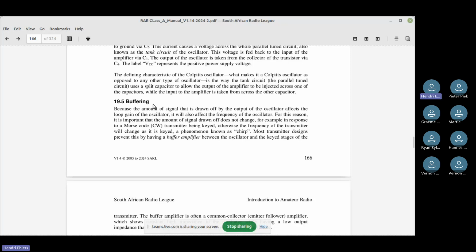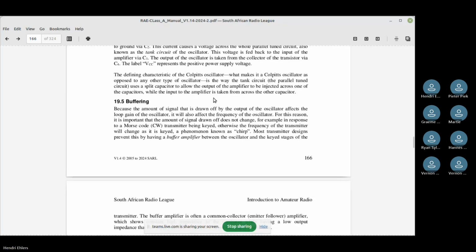Generally, the one that they use has a very high impedance on the input side and a very low impedance on the output side, so that it can drive output transistors. And that's a general thing with any oscillating circuit.